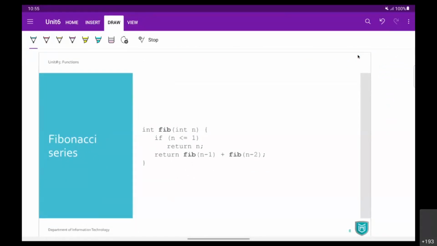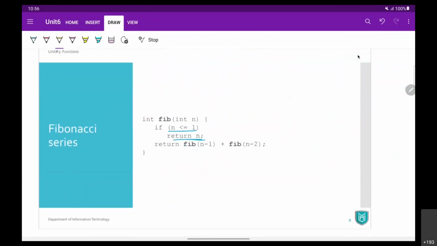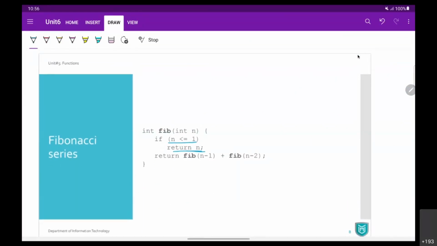Okay. So this one is a very simple, only 3-line code for finding the nth term in Fibonacci series. So if your n is less than or equals to 1, then that is the base case. Now in the base case, what do we have to return? We are going to return the same number. As you can see, zeroth term is 0 and first term is 1. So the n is your term. So simply return n. That's why what we do here is if n is less than equals to 1, we return n.